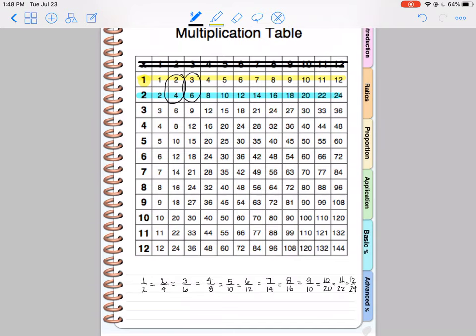So you see how I've taken that yellow row and the blue row, and we've created a